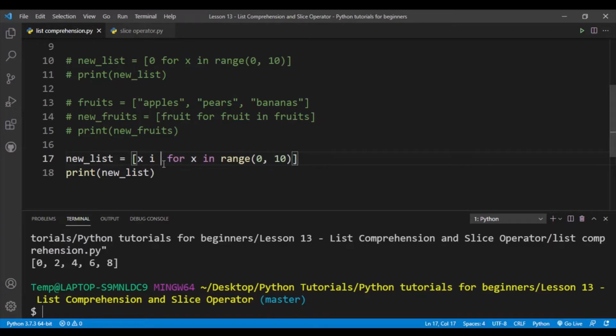All right, so if x modulo 2 is equal to 0 and else -1. So what happens here is that we first check if this conditional is true. When x is even, this will be true, and if this is true, we'll simply add x to new list. Otherwise, if this is false, we will add this value to new list. So this value is -1,